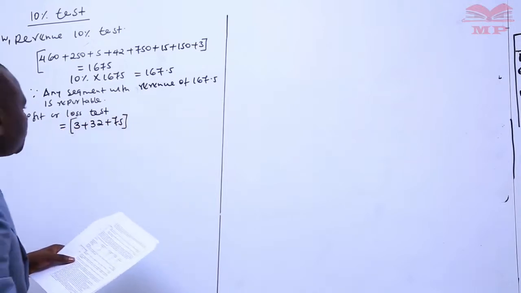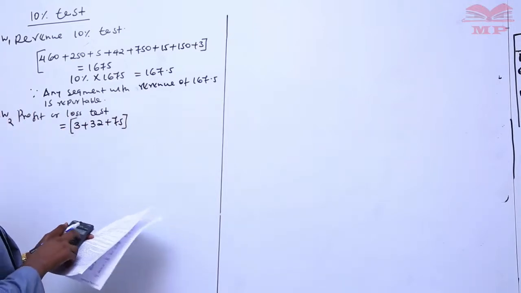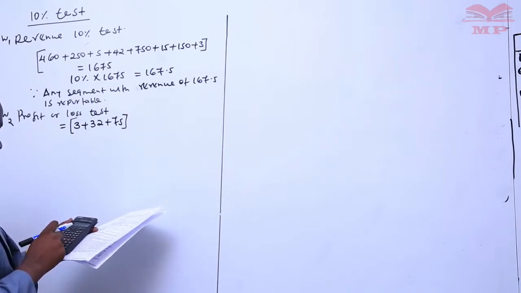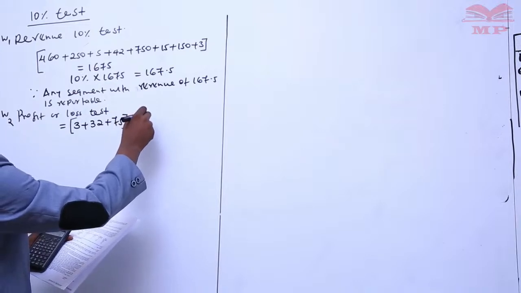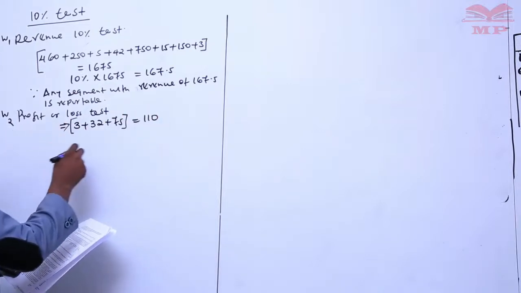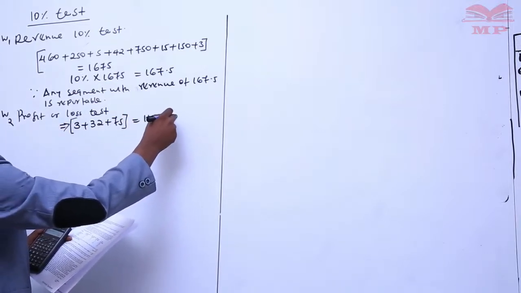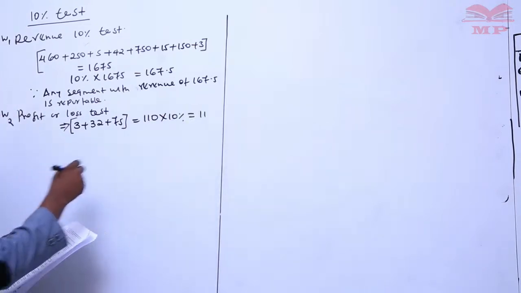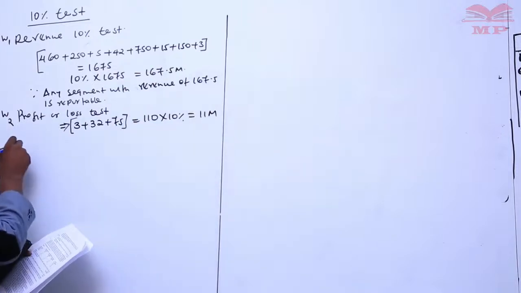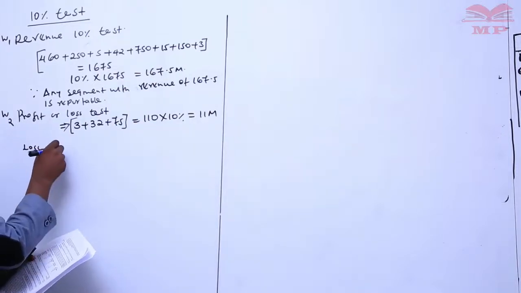That gives you 78 plus 32 is 110. So times 10% is 11 million. Then loss is equal to